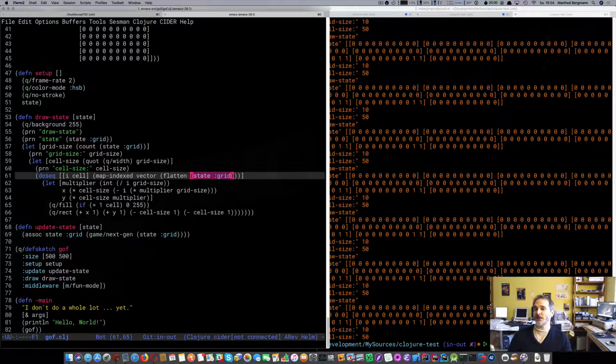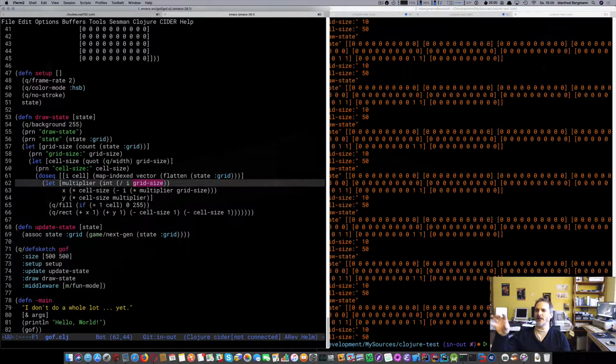And since we have a two-dimensional vector in our grid, we have to flatten it to make it one-dimensional. And then we create an index over this vector, and this index is used as a loop counter, basically, right? So we have our loop counter for each loop, and we have our cell for each loop, and then we calculate a multiplier which takes the loop counter and the grid size, and this is basically